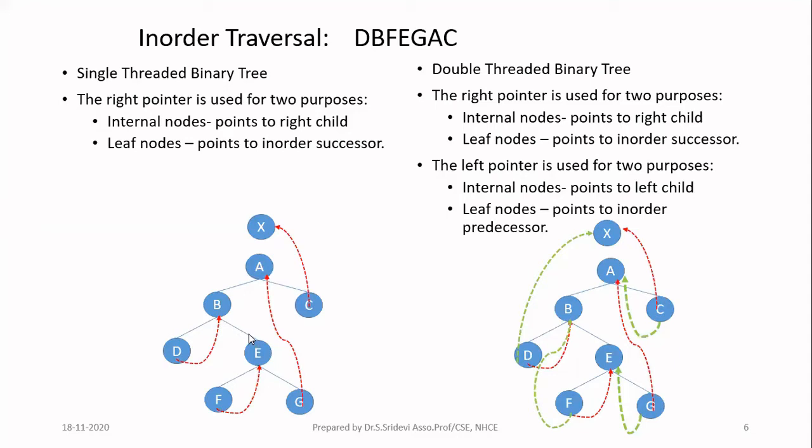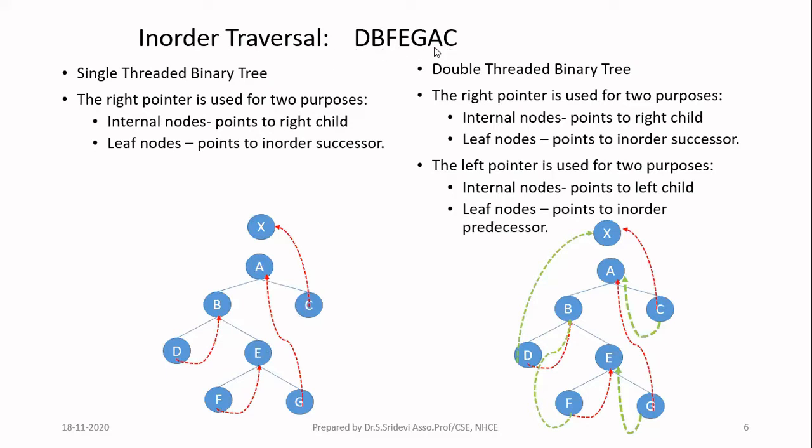So again, you have to process that with respect to the in-order traversal. Go and print the leaf node in the left direction, that is nothing but F. After that, E will be printed, then G will be printed. Now I have printed this entire left subtree. Then I will be printing A, then C. Don't print this dummy node in the in-order traversal. This is only for our purpose in our threaded binary tree. So the in-order traversal of this particular tree is like this.